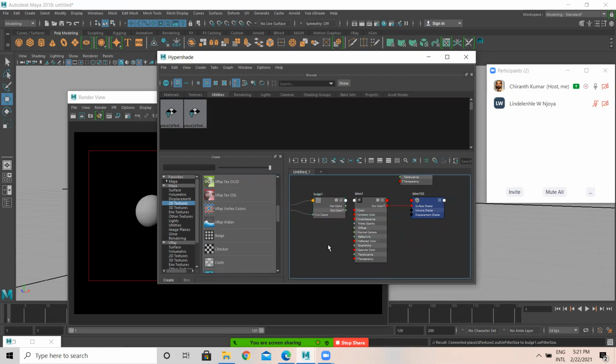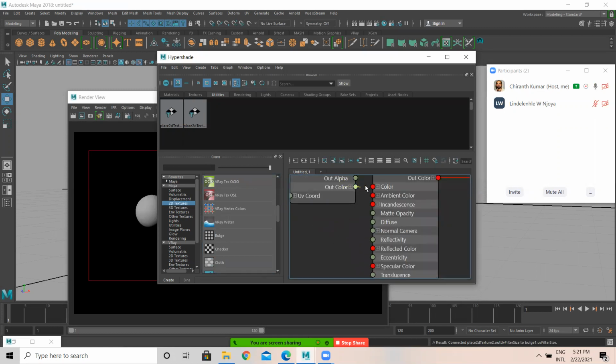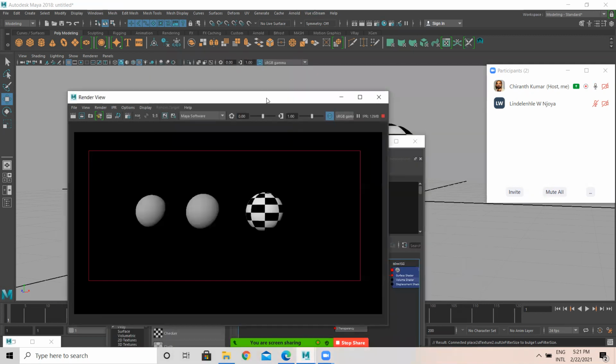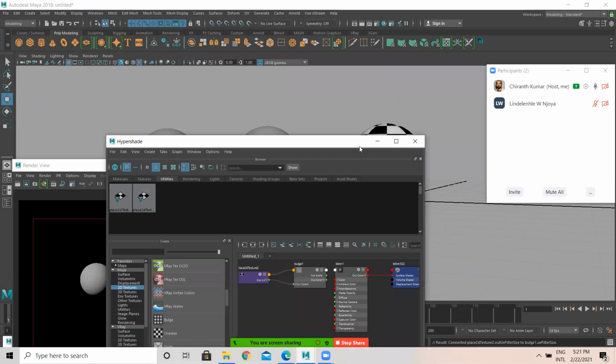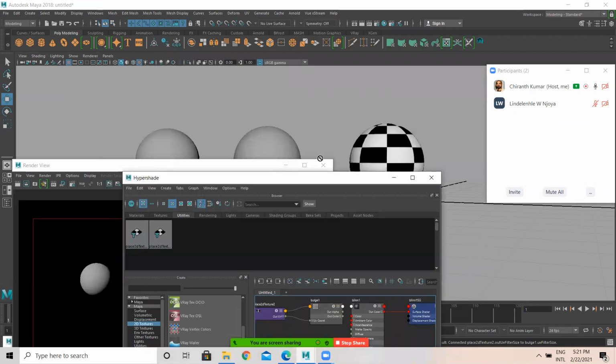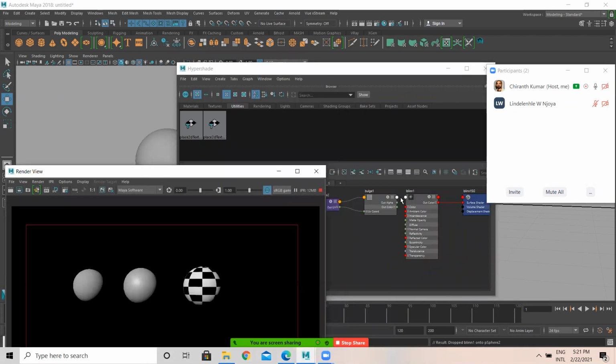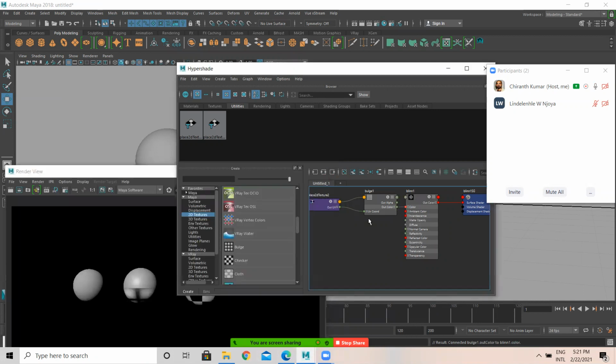I'll place this here. So simple. Out color goes into color. That's it. And this is a blend. And I would like to apply this blend for this pear. So middle click, drag and drop. That's it. So then you can see this. There's no color connection. Color to color.